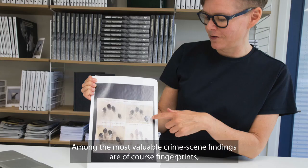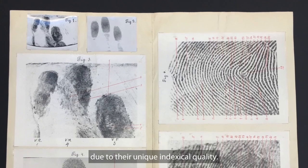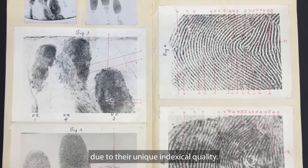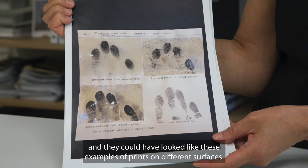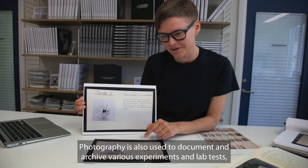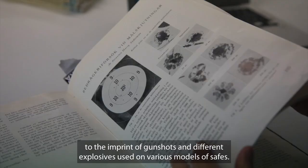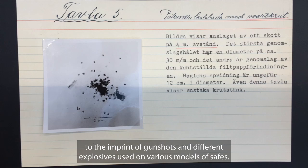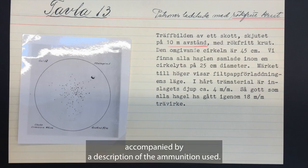Among the most valuable crime scene findings are of course fingerprints, which hold a high status as forensic evidence due to their unique indexical quality. Photographs of fingerprints were shown at the Gothenburg exhibition, and they could have looked like these examples of prints on different surfaces. Photography is also used to document and archive various experiments and lab tests, ranging from, for instance, handwriting, ink and paper used in forgeries, to the imprint of gunshots and different kinds of explosives used on various models of safes. Here's a series of 12 index cards with photographs of shot holes, accompanied by a description of the